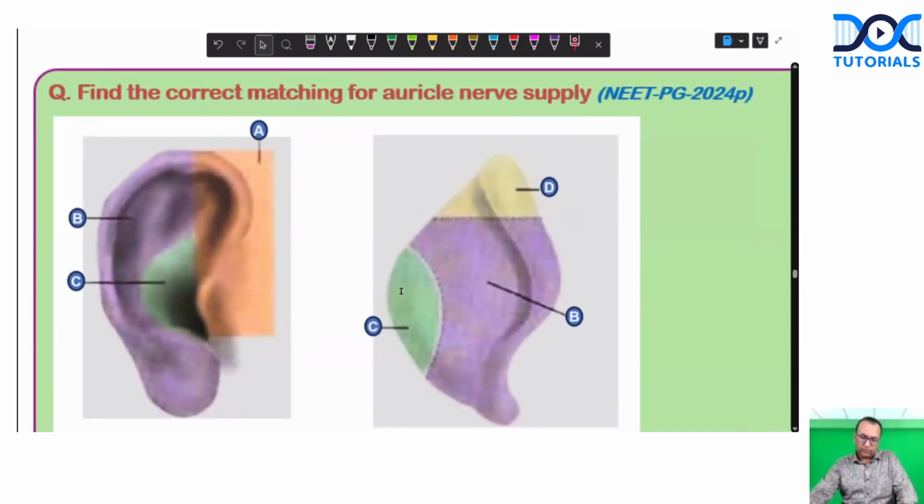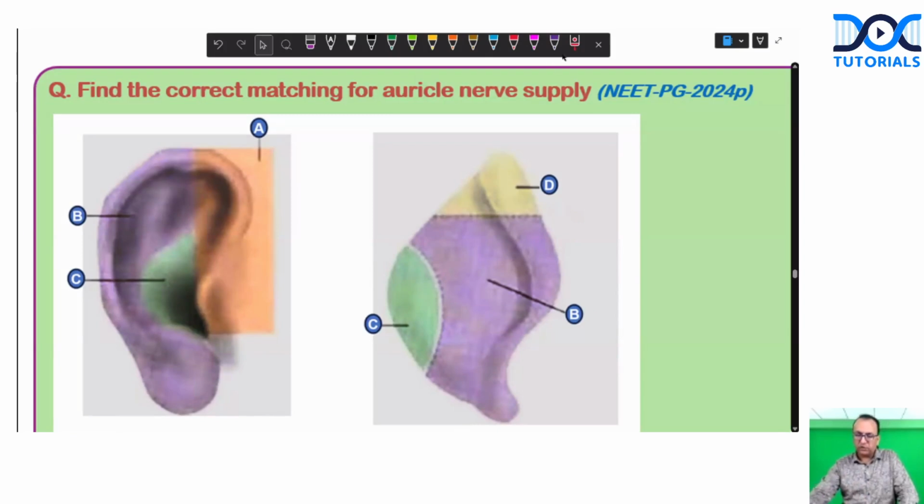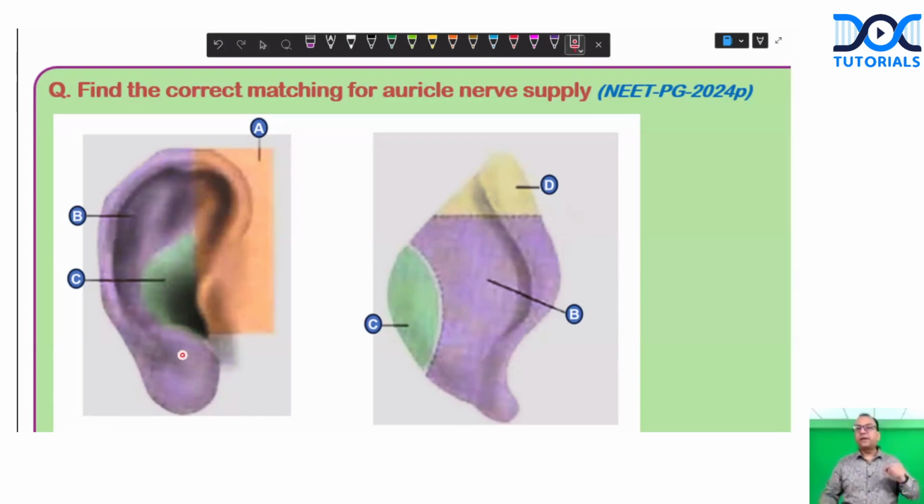Now, before looking at the question, we want to talk about the nerve supply, actually. Then we can talk about the question also. See, if somebody is having ear piercing in the lobule, there is a single nerve which will carry the pain, maybe from the lateral surface or maybe the medial surface. If somebody is having ear piercing here in the ear lobule, at this point,